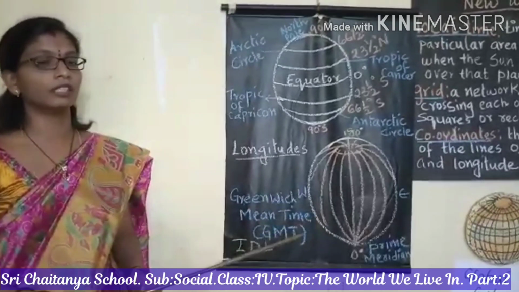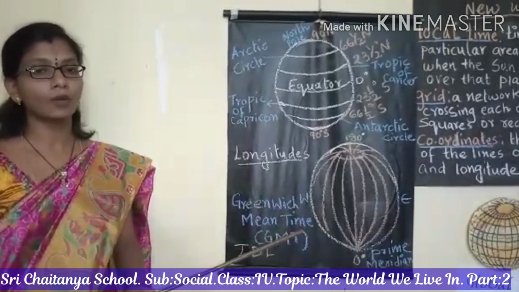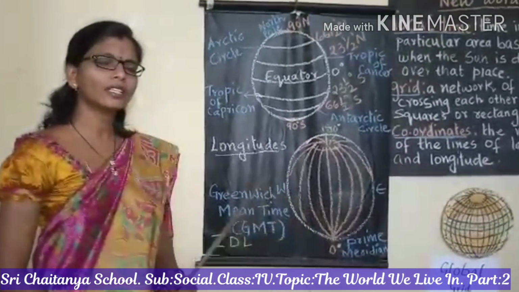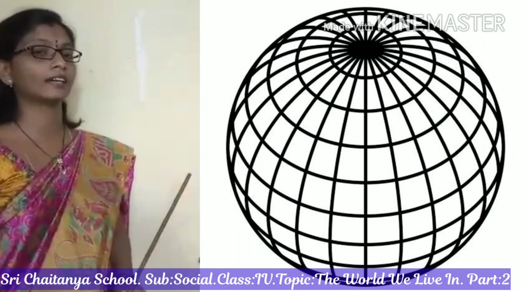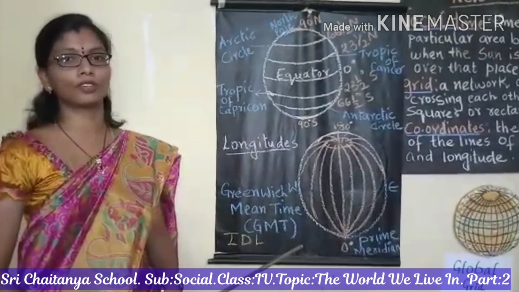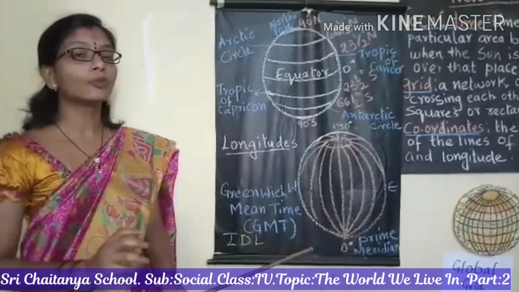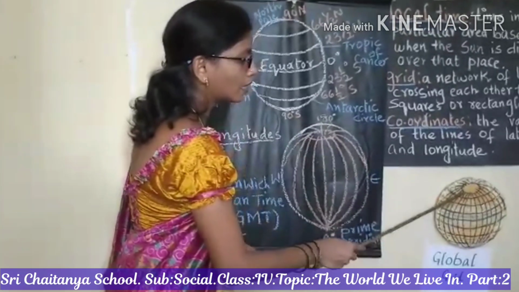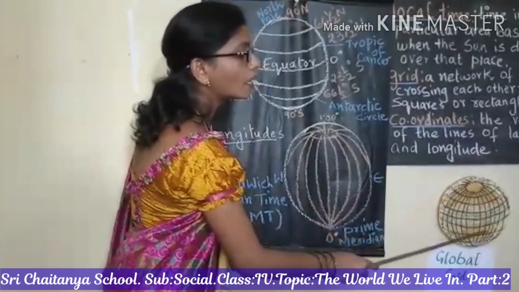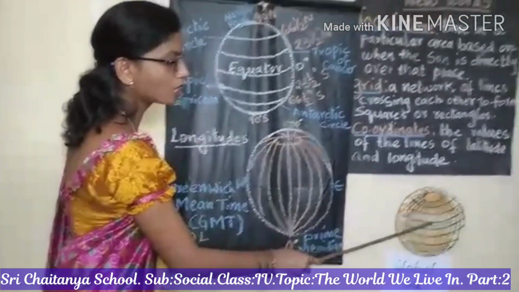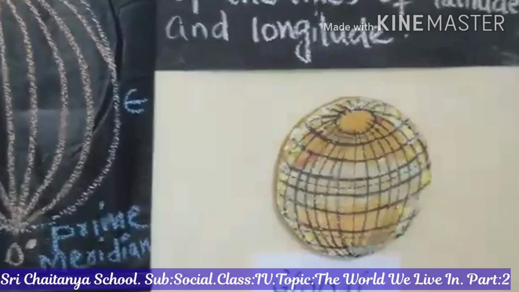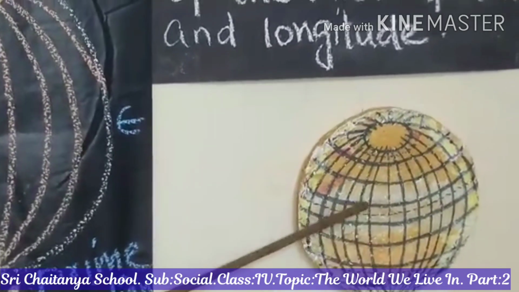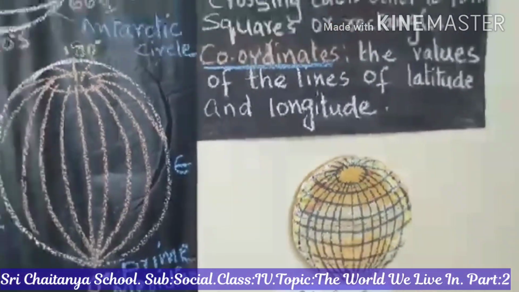Children, we have learnt about the latitudes as well as the longitudes. Now we will learn about an interesting thing, which is the global grid. What is this global grid? Children, we have learned that there are imaginary lines like latitudes and longitudes on the earth. The network of crisscrossing of these lines of latitudes and longitudes forms a grid. Can you see here, children, the squares which are formed by the intersection of the lines of latitude and longitude? This forms a grid, and this is known as the global grid.